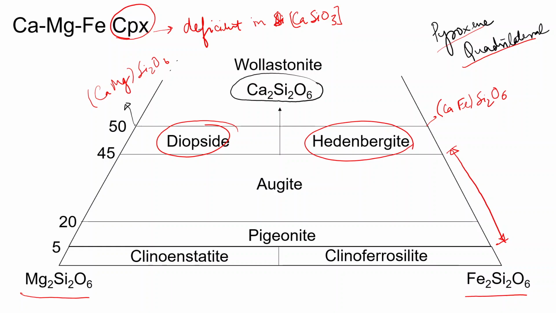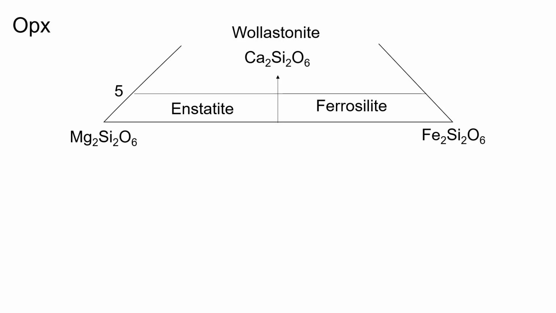Wollastonite is a pyroxenoid, it is not a pyroxene. So you should understand that natural clinopyroxenes can have any composition between diopside and Heidenbergite, and often they are deficient in CaSiO3. Since they are deficient in CaSiO3, their composition can be plotted in this quadrilateral. Now for the OPX, the orthopyroxene, normally we have these two end members, enstatite and ferrosilite,